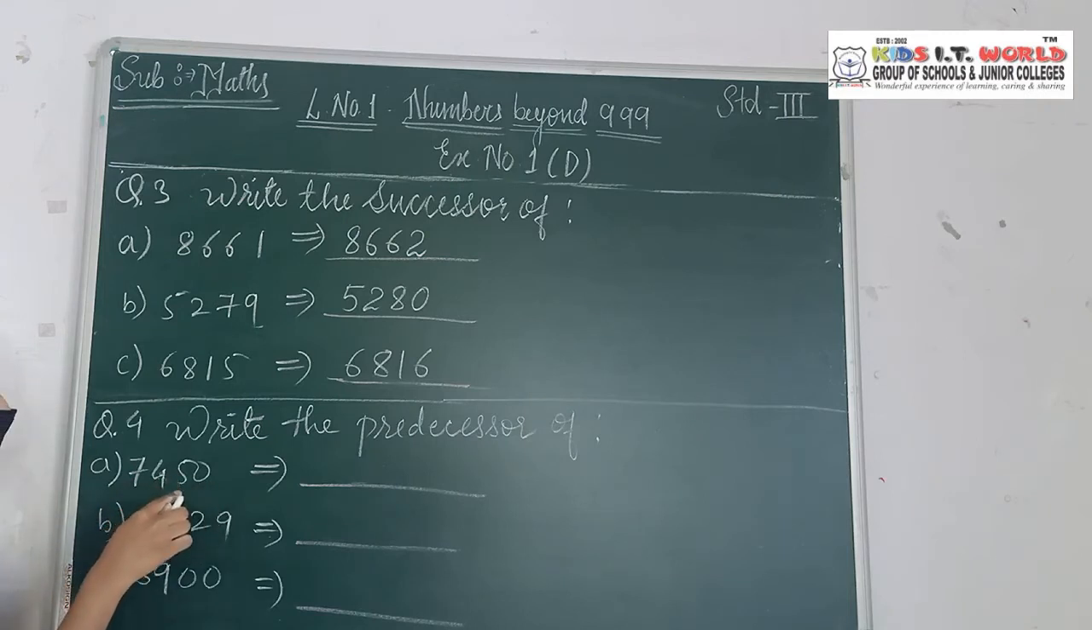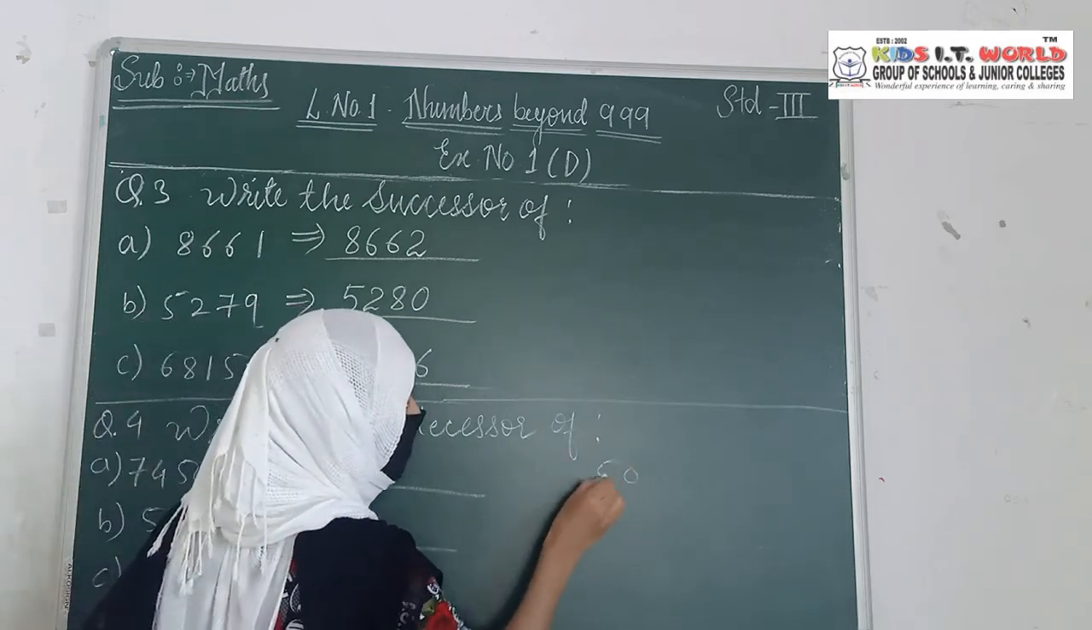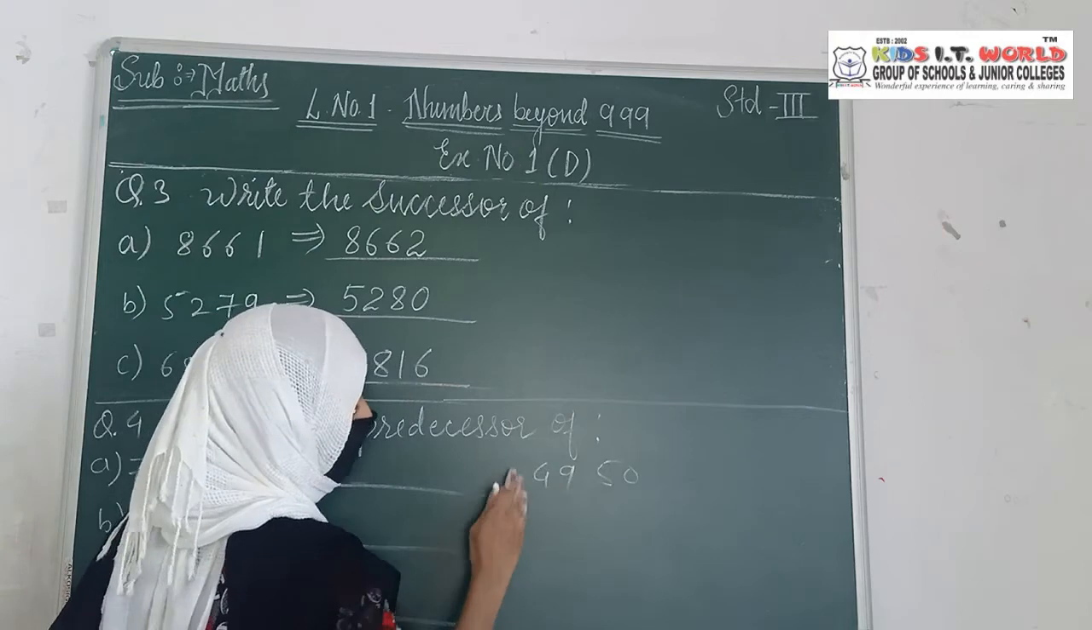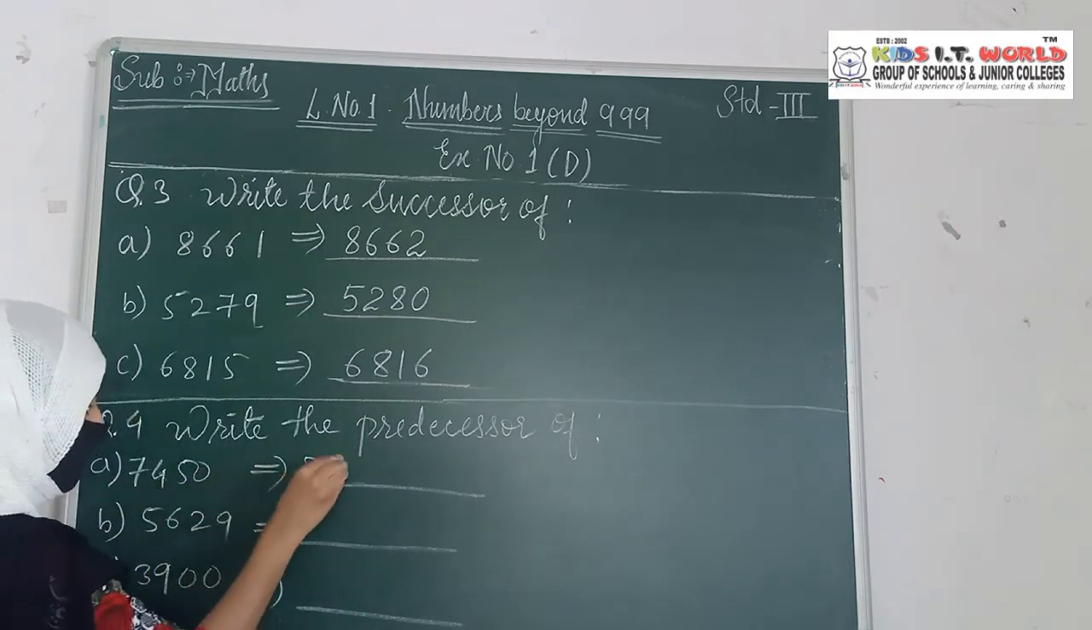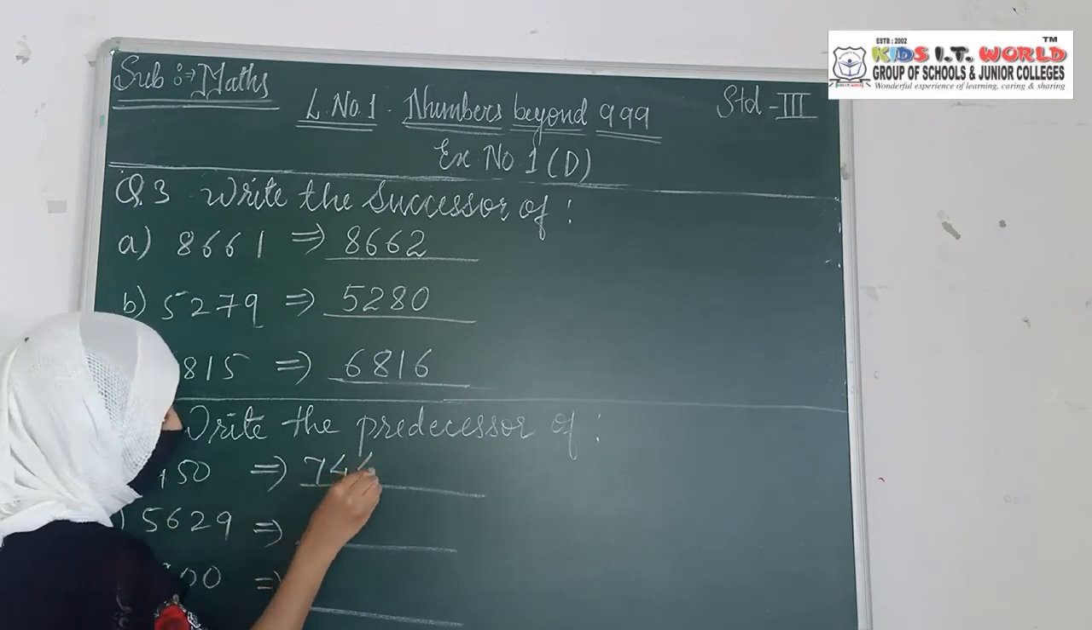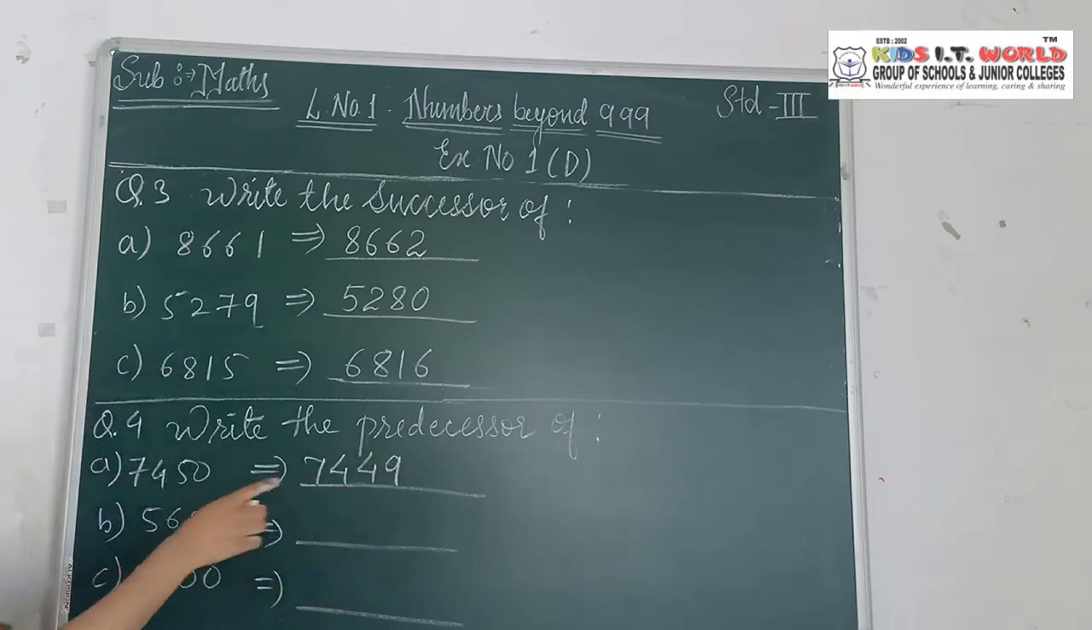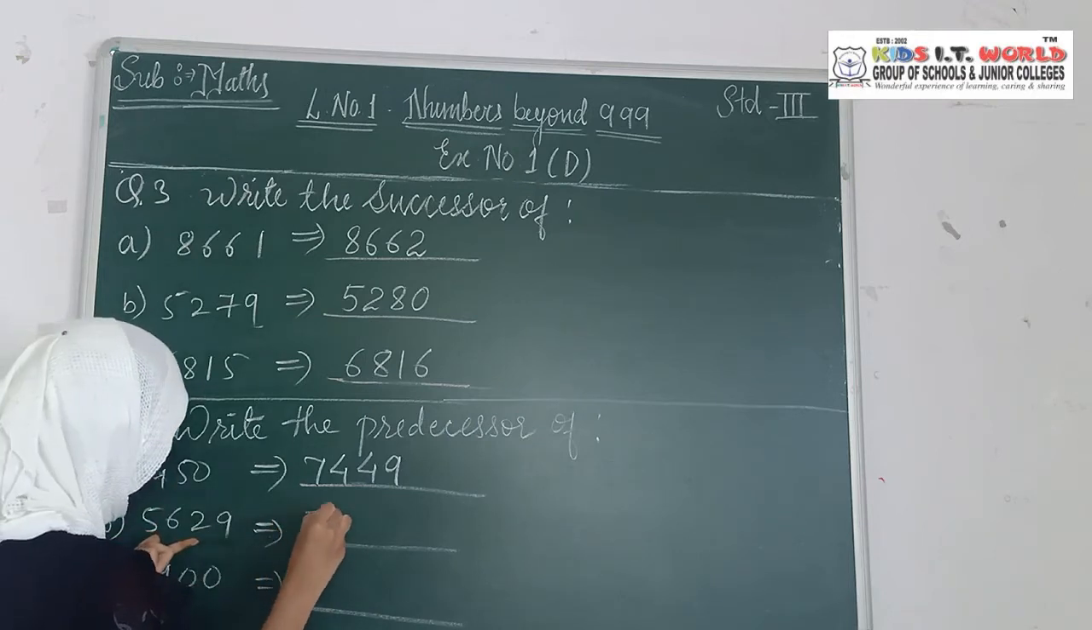It is 7459. So before 50 what will come? 49. 50 के पहले कौन सा नंबर आता है? 49. So the predecessor of this number will be 7449. This is the predecessor of this number. The same way for the 5629. Before 29 which number will come? 28. So it will be